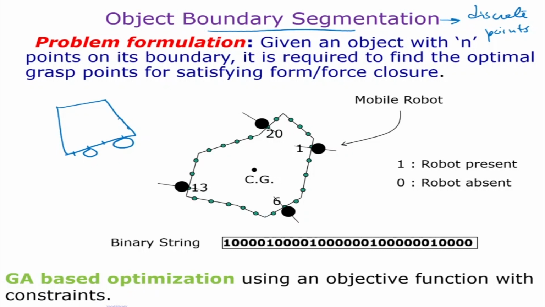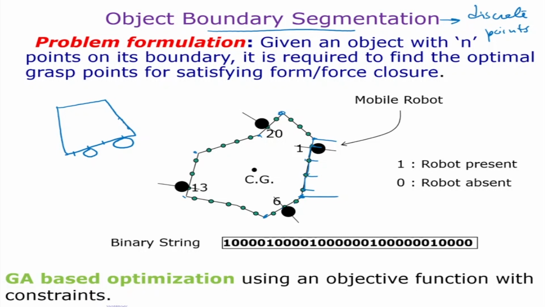So we take this, I know the vertices of this object that we are seeing here. So these are the vertices I know. So I can break each side. I divide each side into a fixed length, this much, this much, this much, and see how many points I can make there. Okay, so whatever is the length, if a robot sits there, I start from 1 2 3 4 5 6. The more divisions you make, the better result you will get, in the sense that a mobile robot can go and sit in more places. However, your computational cost will go up. Okay, so you cannot make a very large number of divisions.